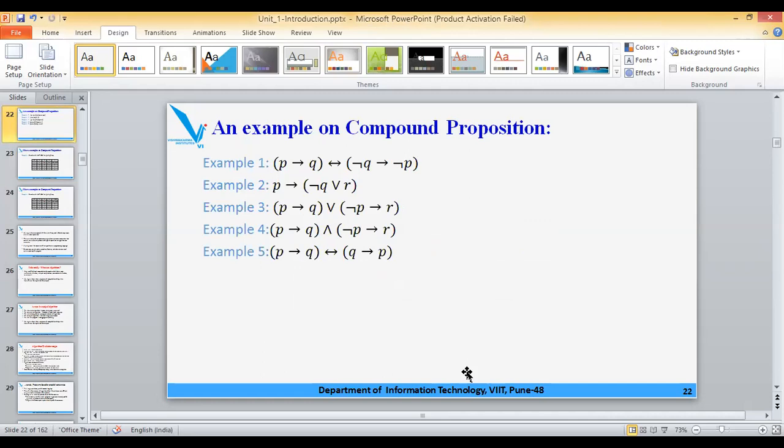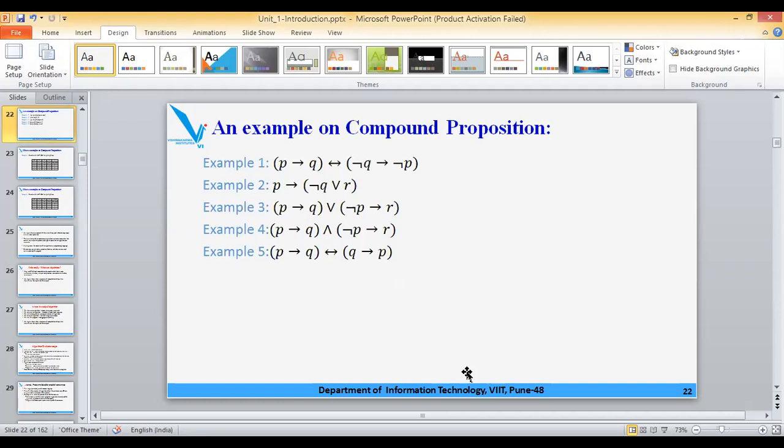First is negation, where if the value is true, then the negation of the value will be false. Second is the AND, also called the conjunction. Conjunction is true only when both are true. The third one is the disjunction. In disjunction, it becomes true when either proposition is true. The fourth one is the implication. Implication says when your hypothesis is true but your conclusion is false, then it is false. In other cases, it is true.